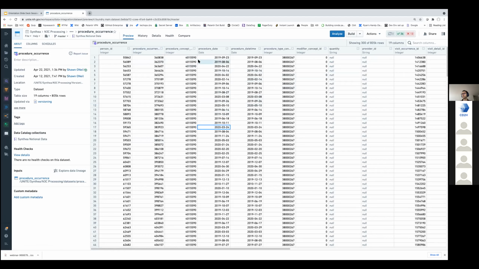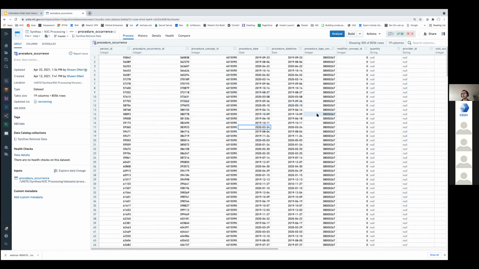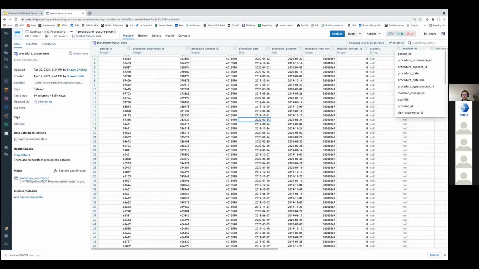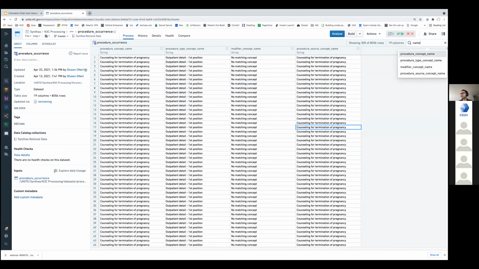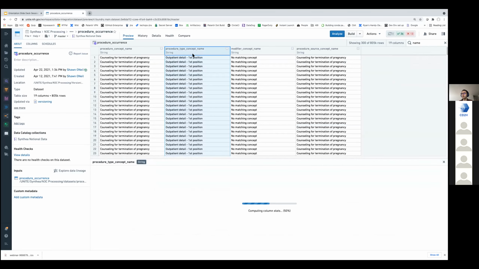Some useful things when you navigate and explore a data set you're not super familiar with: you can use this search column bar. You have the list of columns on the left-hand side, with the types and some statistics. If I start typing something like name, it filters to only the columns that have the string name in their name. If I click on the header of this column called procedure type concept name,